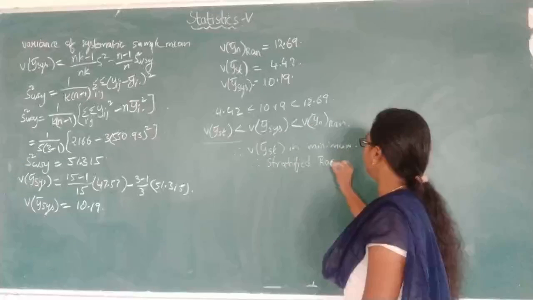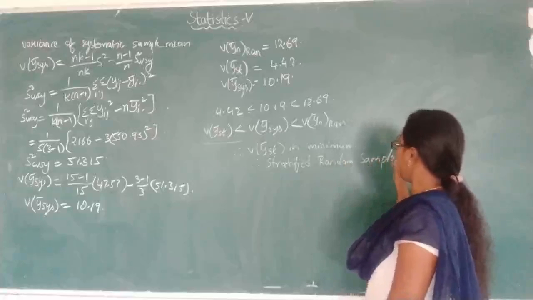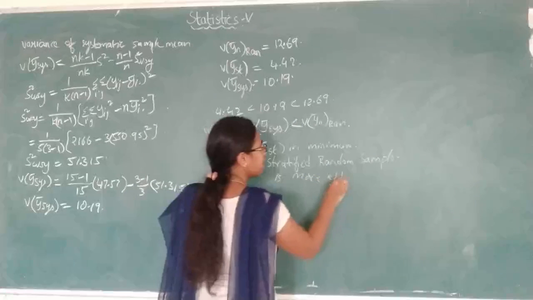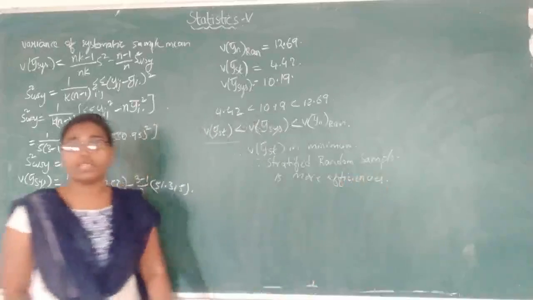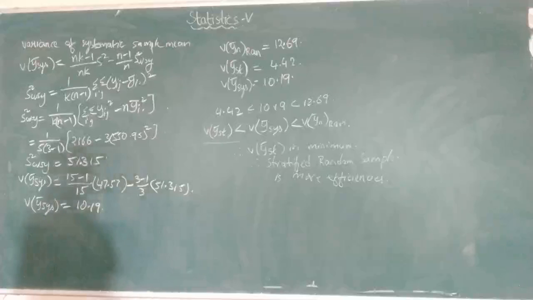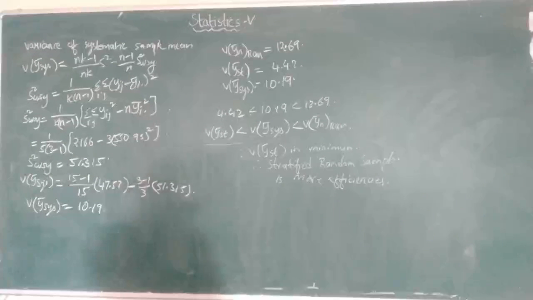So whenever they ask about efficiencies, you have to calculate the variances and compare those variances. So this is the formula related to stratified systematic sampling. So from the systematic sample data, we have calculated the random sample mean and the stratified